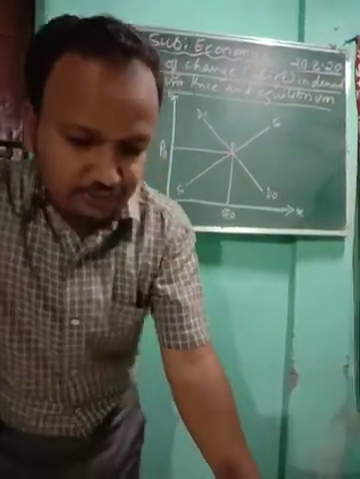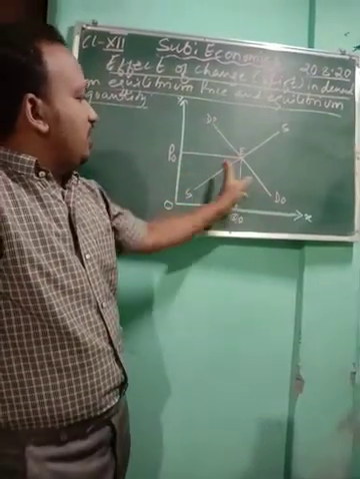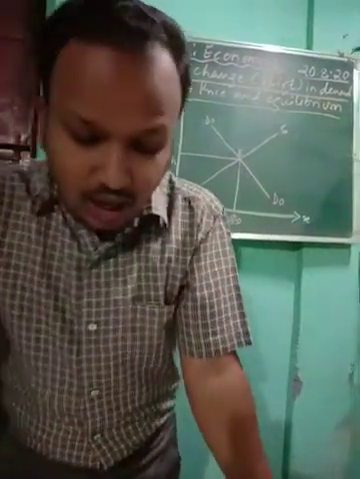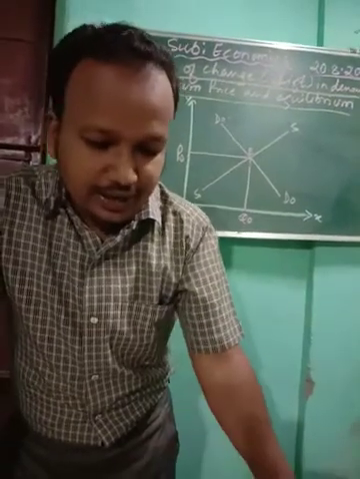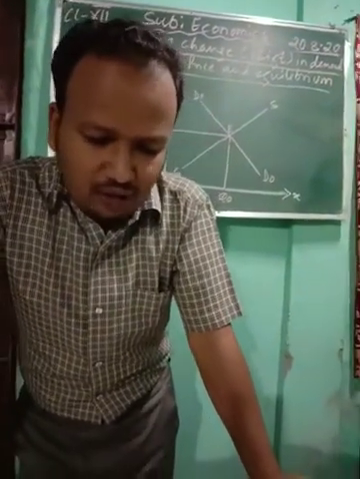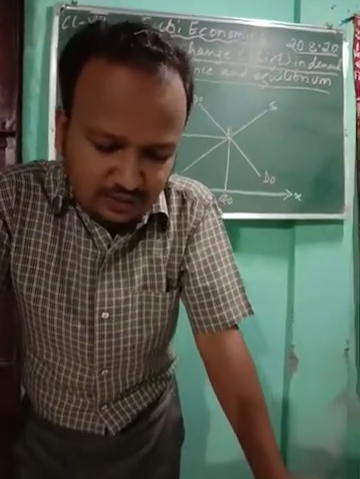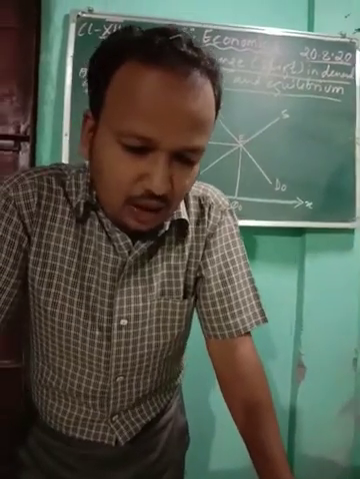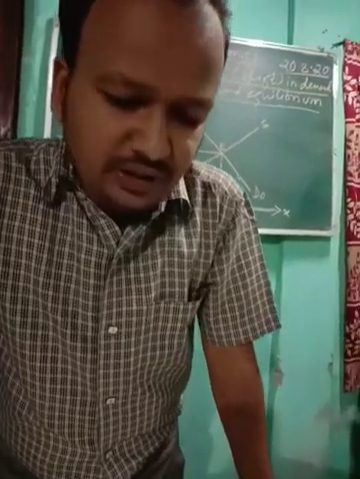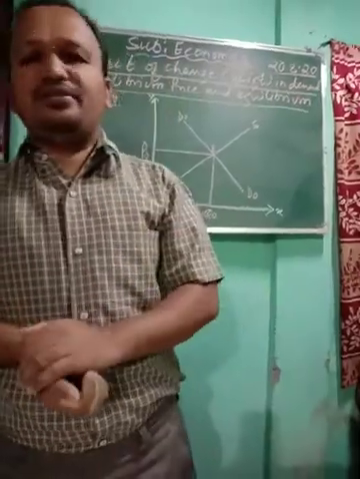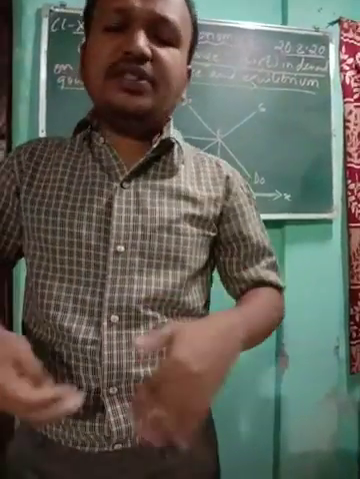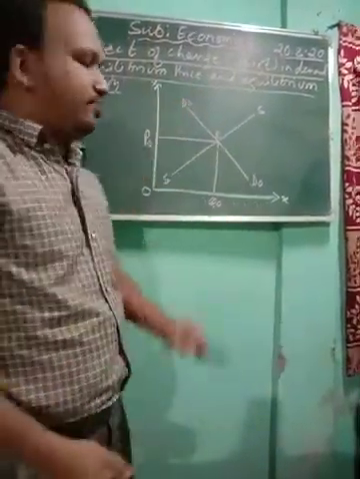Okay, now this DD is your demand curve, SS is your supply curve. As a result of an increase in demand, the curve shifts rightward from DD to DD1. If suddenly there is a shift in demand, if suddenly there is a rise in the demand,